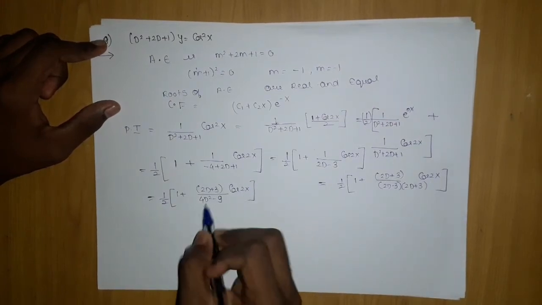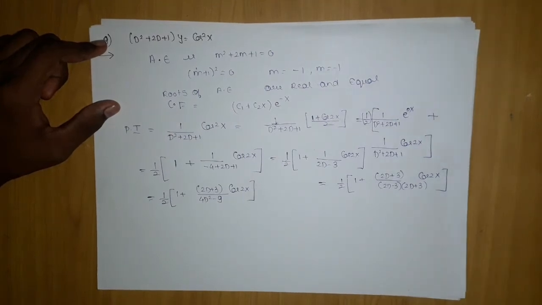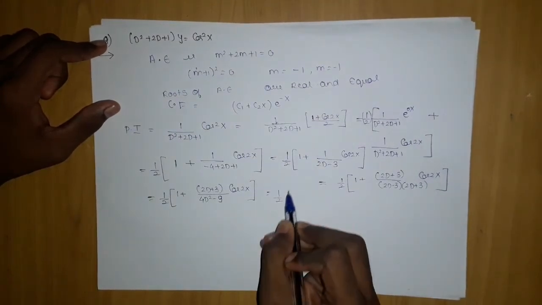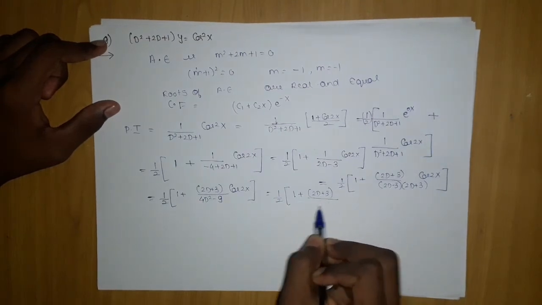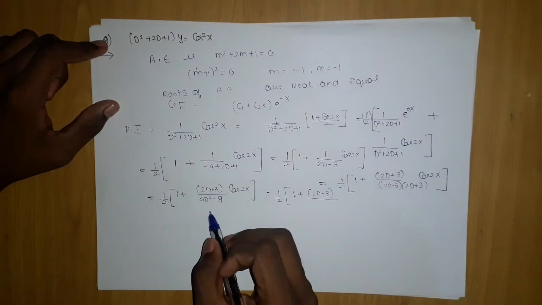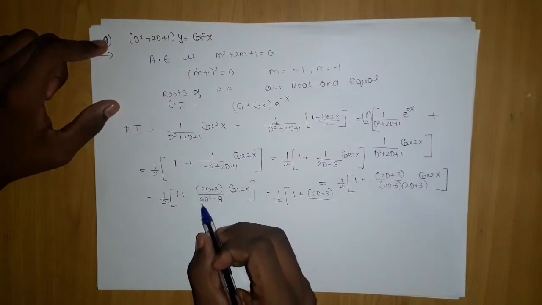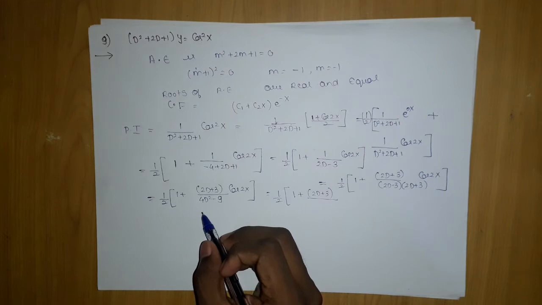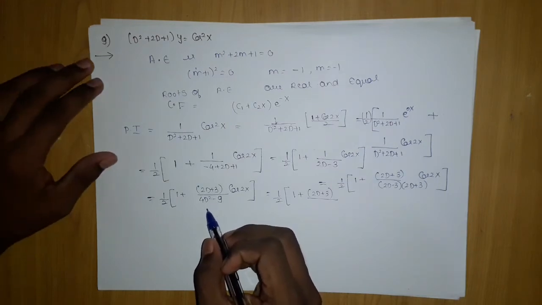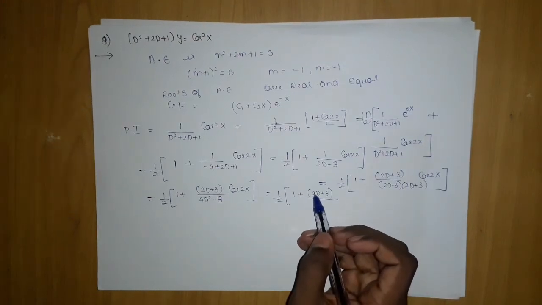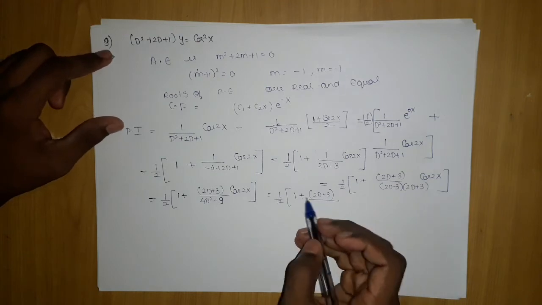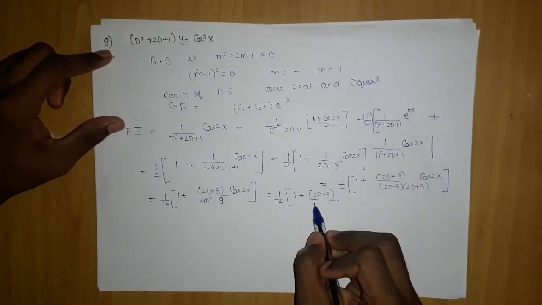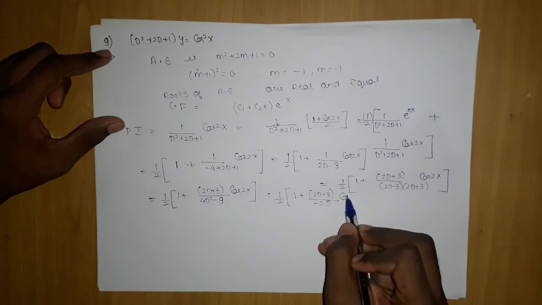What we are going to do is substitute d square by minus a square. The moment we do that, we are left with 2d plus 3 the whole upon, if we substitute minus a square, meaning minus 2 square, which will be multiplied with 4, so minus 4 into 4, 16, and minus 16 minus 9 will make this minus 25. Okay, this minus will move here. So here minus 25 will be there, and here cos 2x.